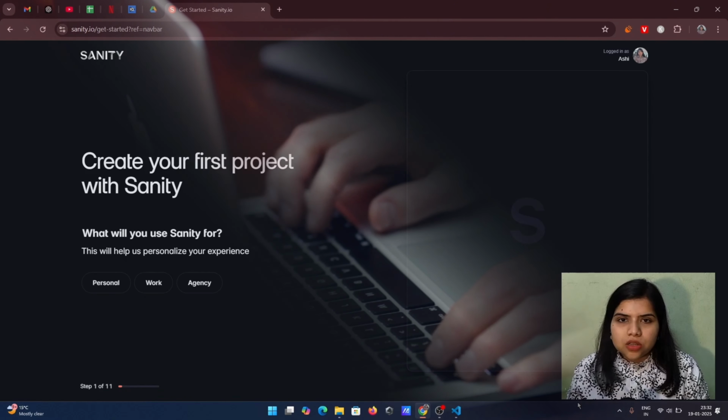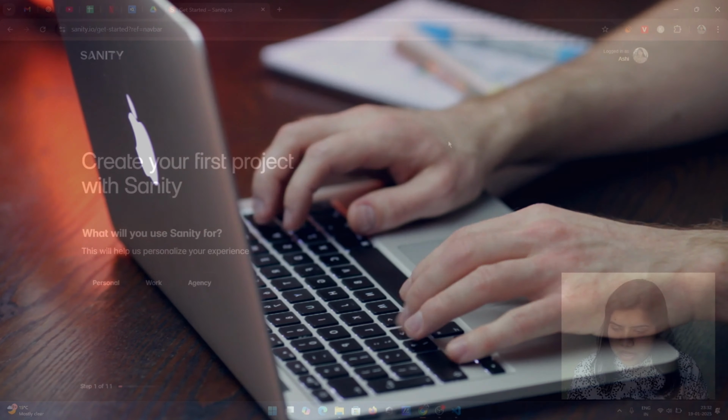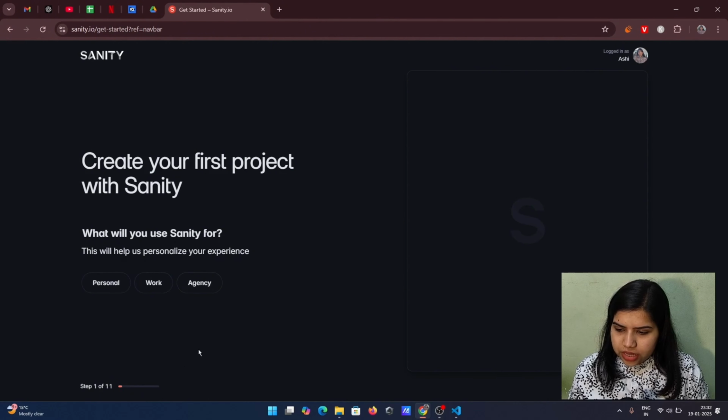If you are a business and you have the scaling capacity, then I would recommend the growth or enterprise plan accordingly. But if you are just doing it for learning purposes, then the free plan is also fine. And now you just need to go on get started, and run it with the Google account. Once you have logged in with the account, it will ask you certain things like